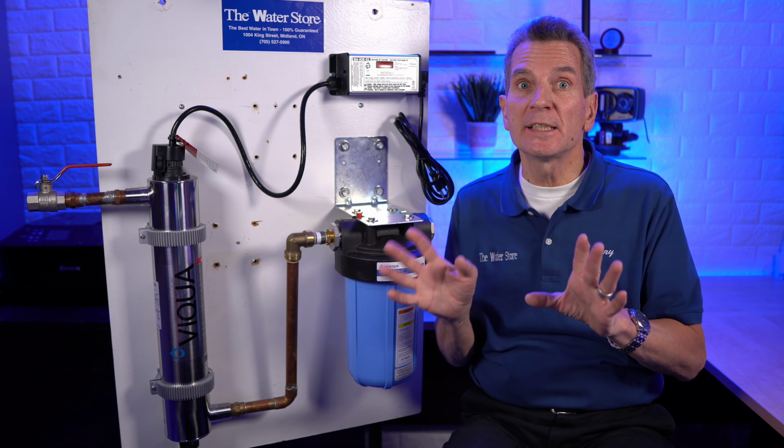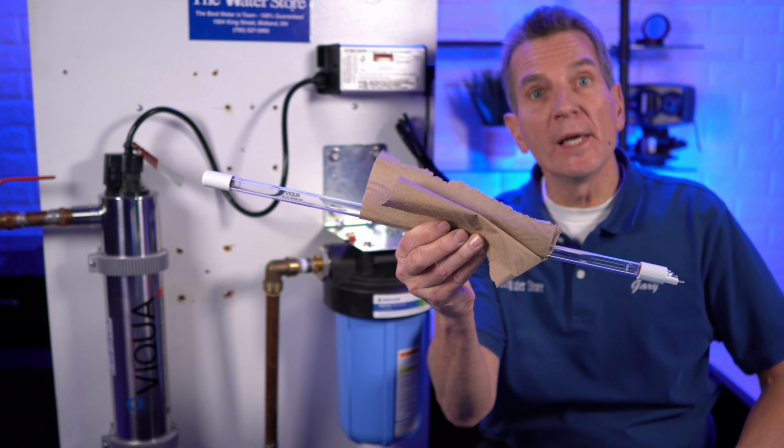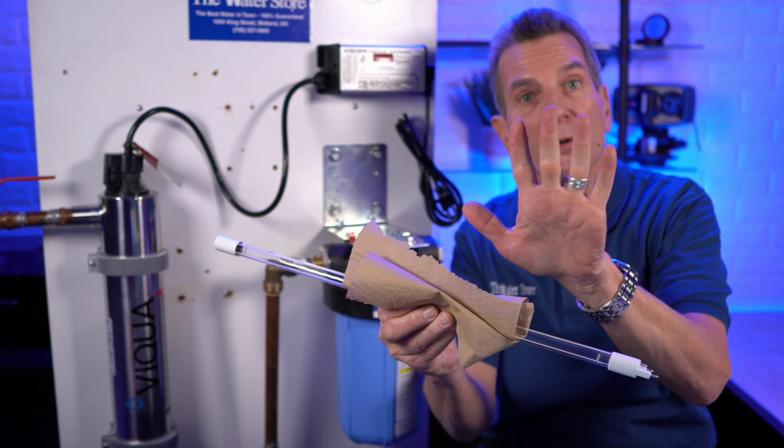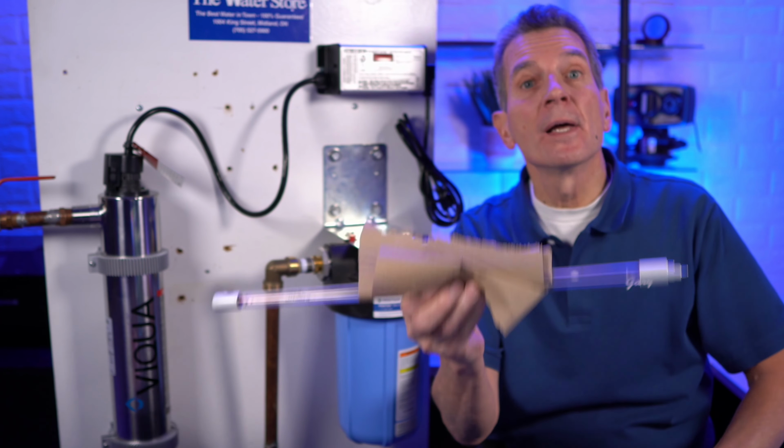That's no problem. You just need to keep it out of the weather. Whenever you're handling the UV lamp or sleeve, make sure that you handle it with paper, not with your bare hands. You don't want to get the oil from your skin on that lamp, and the same thing goes for